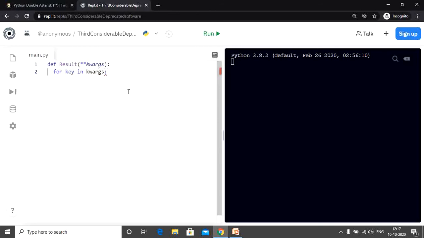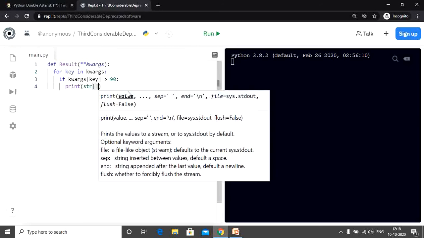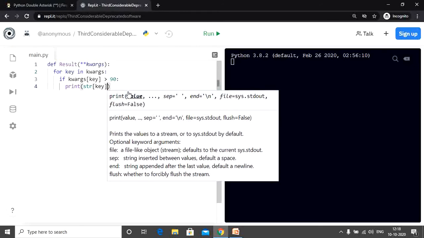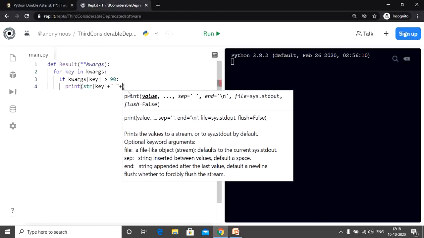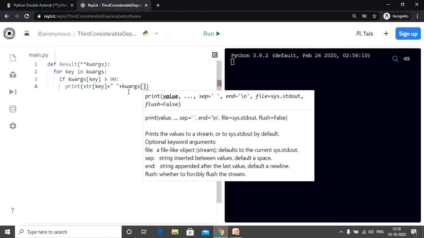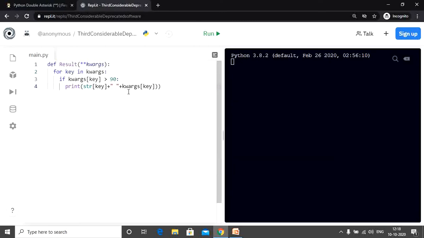We are iterating through the items in kwargs that we will pass in a while, and then we have a condition. If kwargs is greater than 90, we print